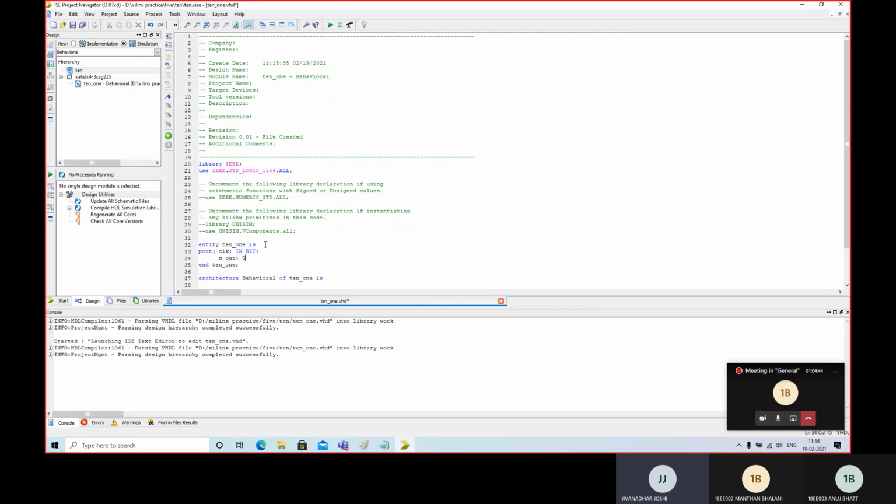And this is equal to OUT bit. Okay, I may initiate this also, but let us not initiate. And then it is to be ended. Put an ending bracket and semicolon. So we are ready with this. And now in the begin, I need to